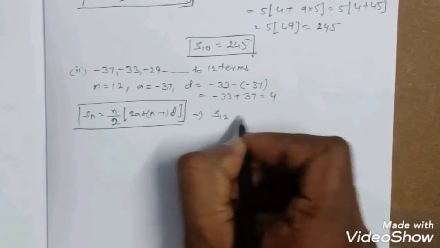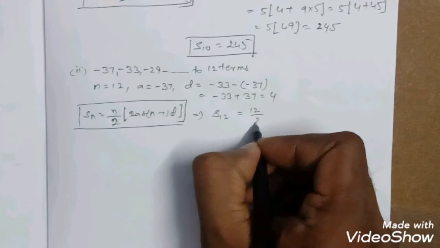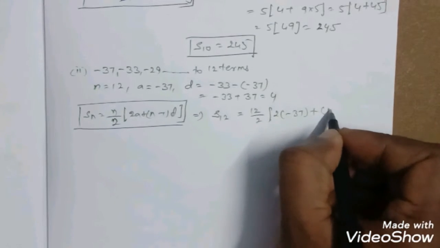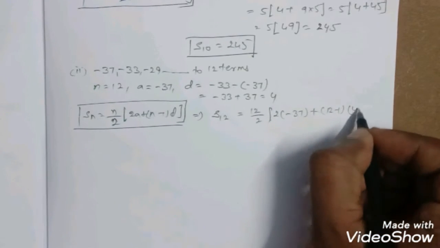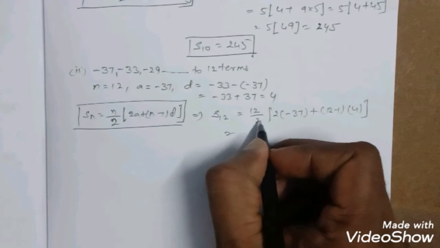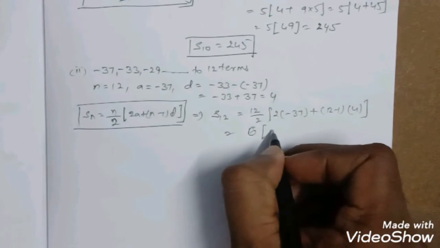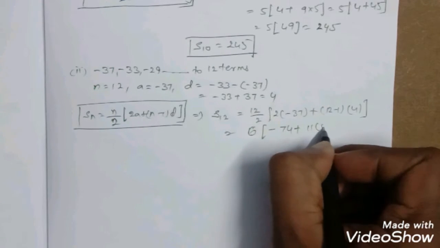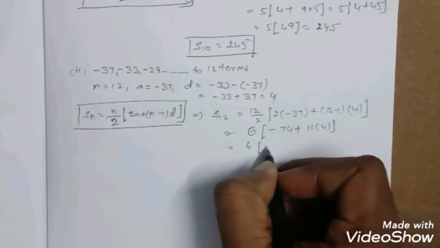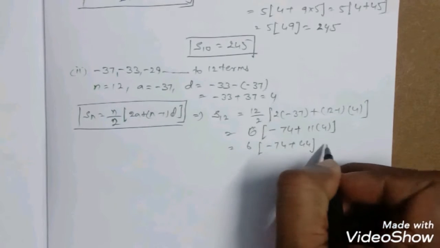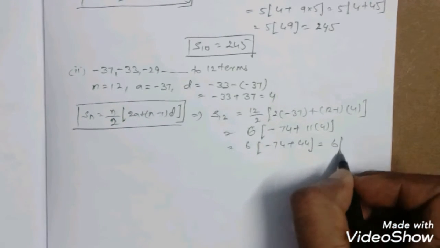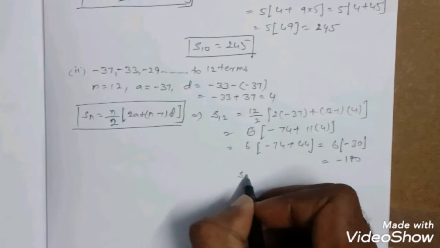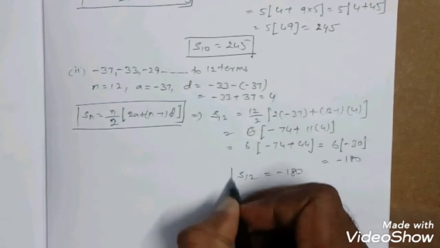Now here S12 means sum of 12 terms, so you'll get 12 by 2 into 2a, a is nothing but minus 37, plus here 12 minus 1 and d is given as 4. Next calculate, here you will get 6 into minus 74 plus 11 into 4. Right, now here 6 into minus 74 plus 44. So here minus 74 plus 44, you will get here minus 30. Now if you multiply, you will get minus 180. So here sum of 12 terms is nothing but minus 180. Right,